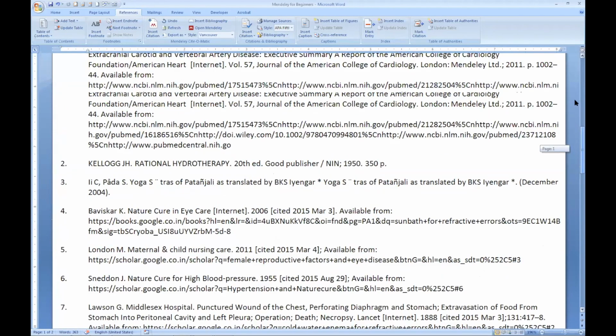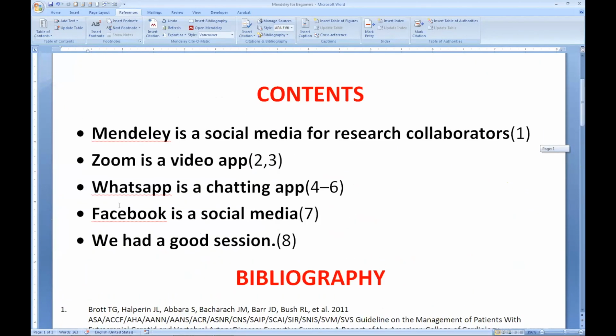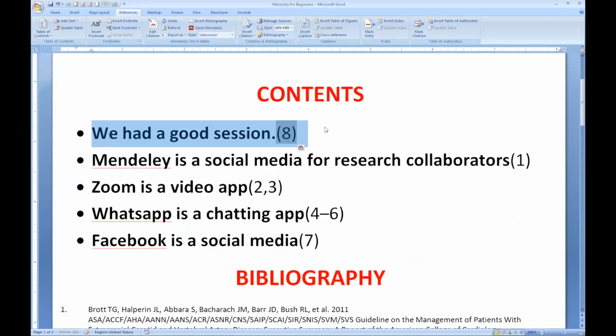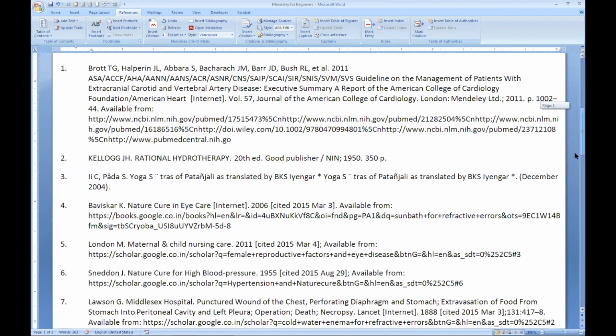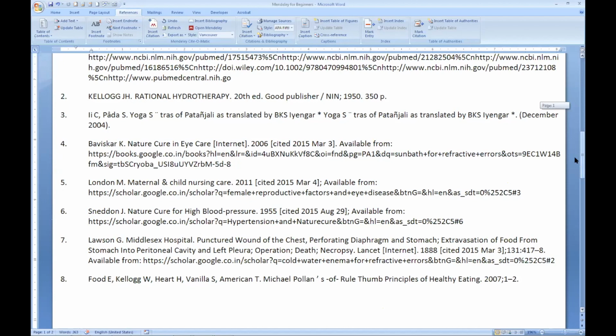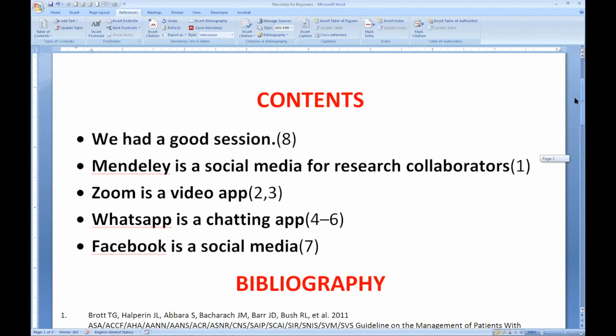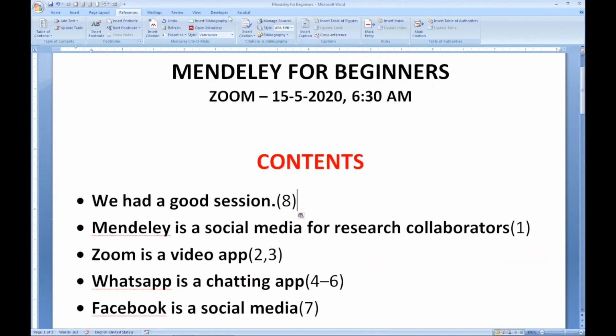Keep editing your document. Now imagine I change this again from here to the first one. "We had a good session" is the first one. See, it is still here, but there is a point here called refresh. Under the reference section, there is something called refresh. Just press refresh.